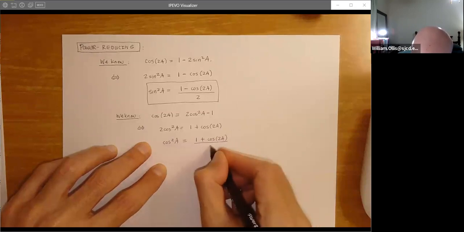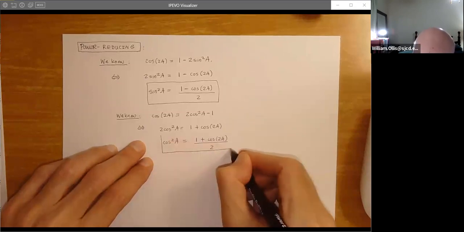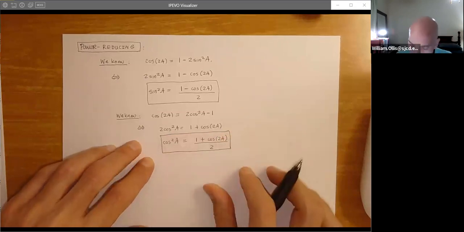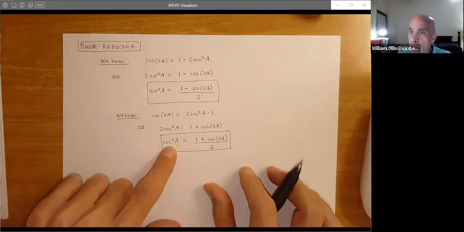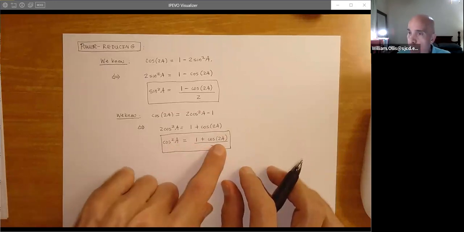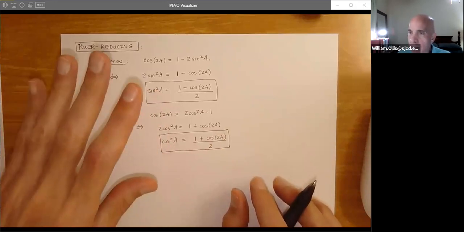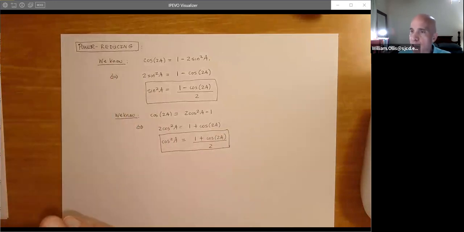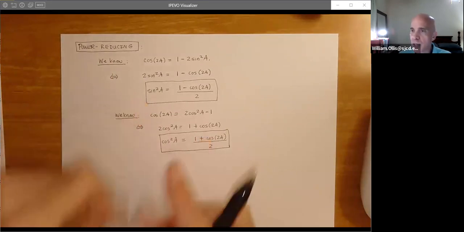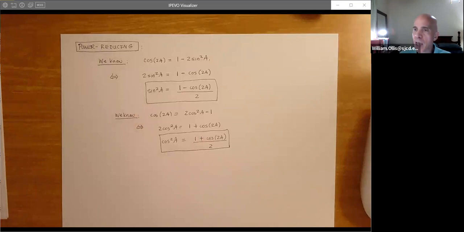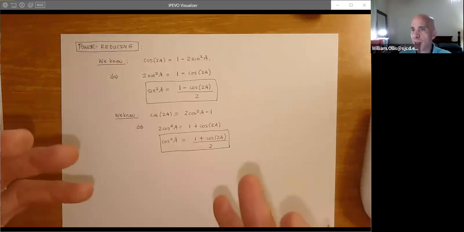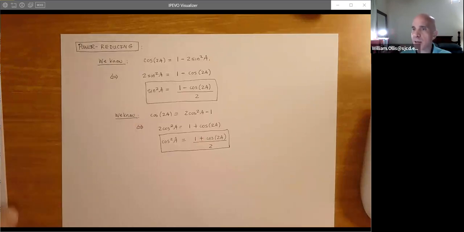These are your friends, okay? We write cosine squared as a first power of cosine, power reducing. I cannot tell you how important these are. And when you do reduction formulas with integration by parts, you use these. You use the Pythagorean identities. Why do we talk about Pythagorean identities? Well, they form the cornerstone of the right triangle, and boom, they're in our face all the time.